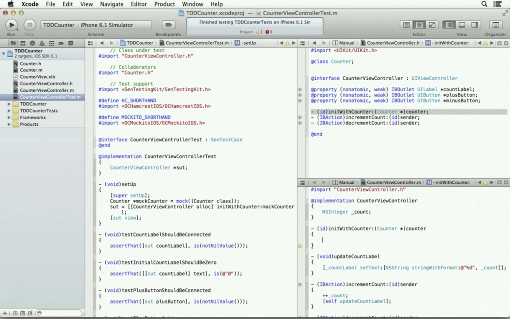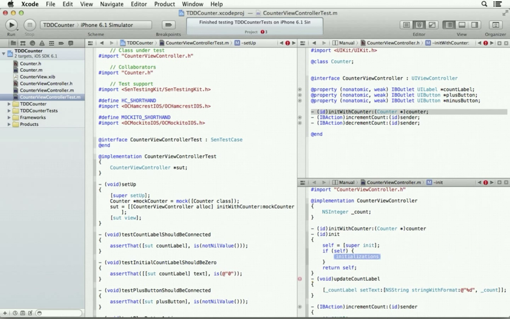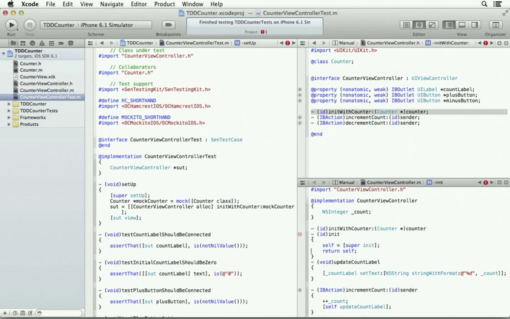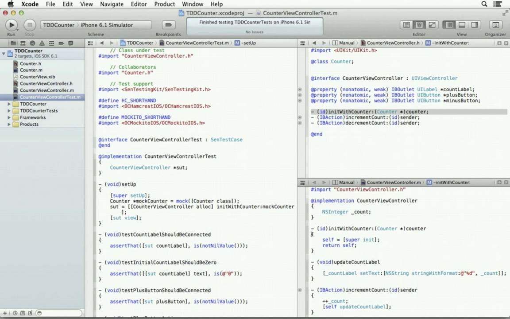Now let's take this, bring it down here. Now I'm about to write some code. Actually, I'll go like this. I'll let Xcode write some code. And you may complain saying, hey, that's not test driven. There are a few things where I make exceptions just because it's good Objective-C style and we're good Objective-C programmers.